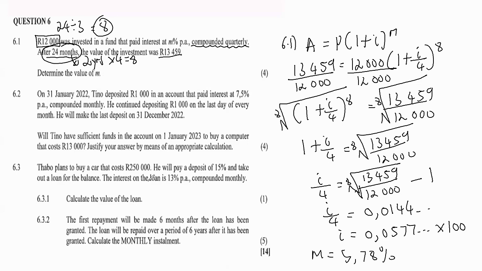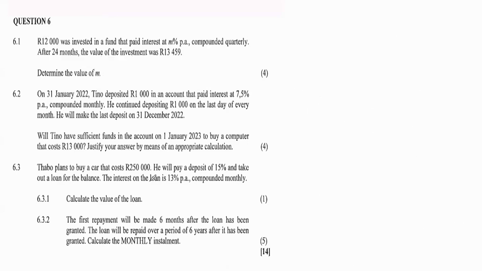Now 6.2 says on 31 January 2022, Tino deposited 1,000 in an account that paid interest at 7.5% per annum compounded monthly. He continued depositing 1,000 on the last day of every month. He will make the last deposit on 31 December 2022. So notice that's 31 January and 31 December. Now those are your calendar months,